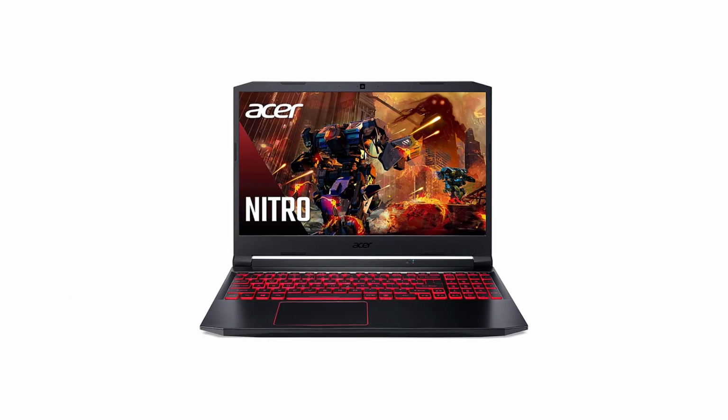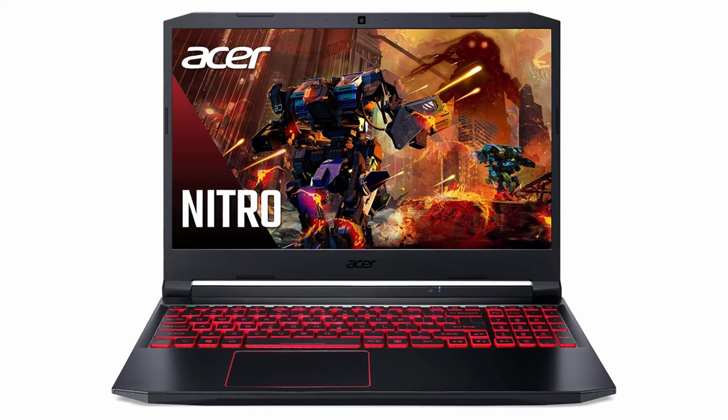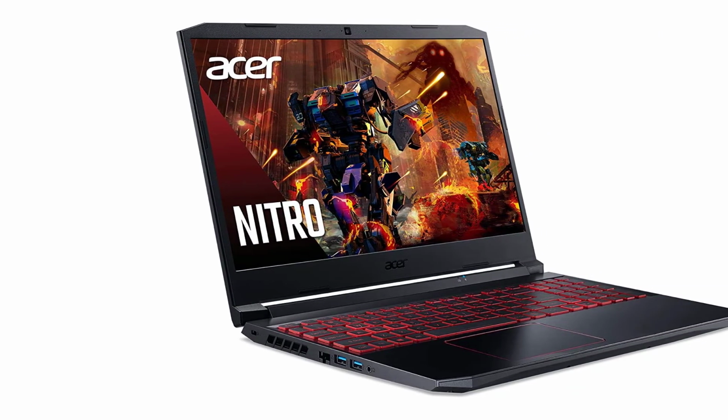Number 5. Acer Nitro 5. Acer's latest attempt at the budget PC gaming scene, the Acer Nitro 5, ticks all the right boxes for your portable gaming needs. Ideal for budget-minded gamers, this gaming laptop certainly expands your options for a low-cost laptop that can handle the more demanding PC games. That's because the Acer Nitro 5 delivers more for less, with a price tag of just $749,